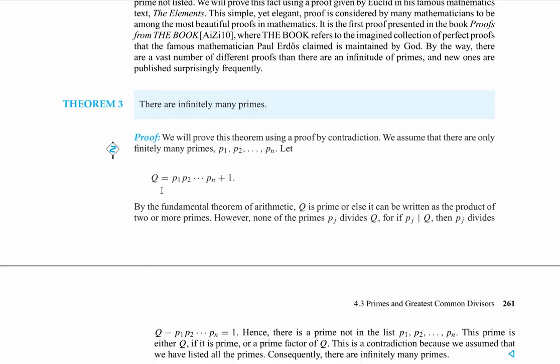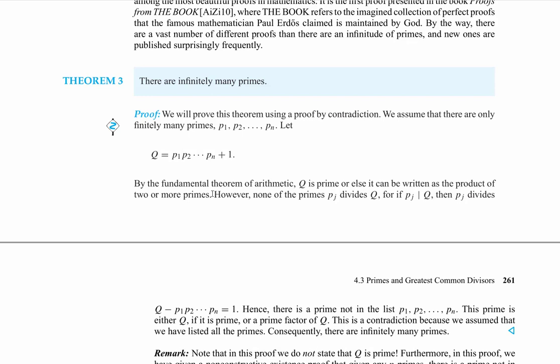Then construct this number q, so it's the product of those finitely many primes plus 1. Okay, we know by the fundamental theorem of arithmetic that this number q must have a unique prime factorization. So either q itself is prime, or it can be written as a product of two or more primes. But the problem is, none of these primes P1 through Pn can divide q,